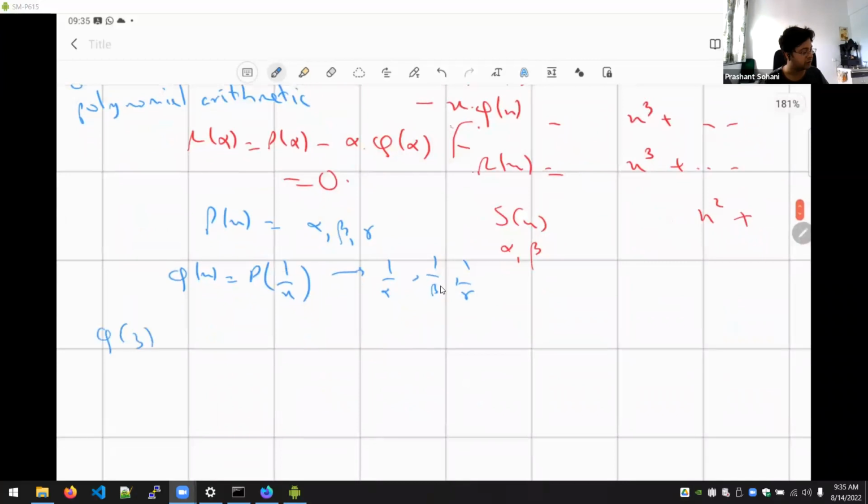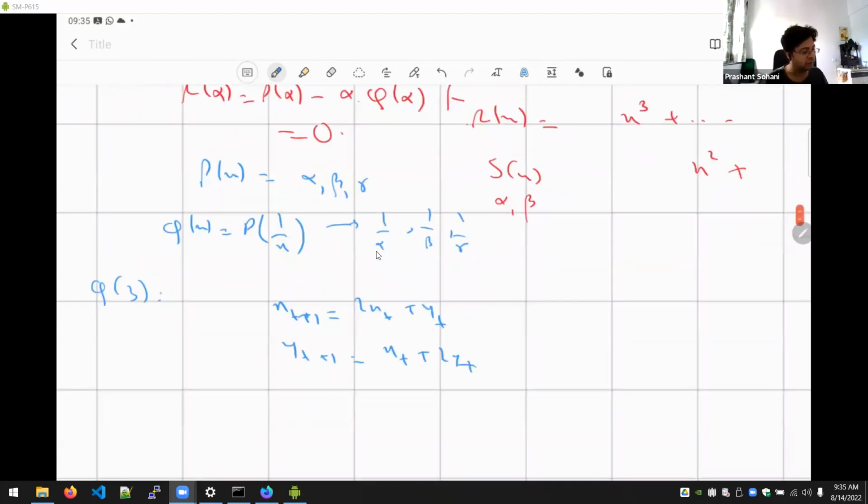Okay, question 3. I think only 1 or 2 students were able to solve this question. Maybe it was a bit harder in that way, but it is not that hard once you understand what's happening. So the equation given is x_{t+1} is equal to 2x_t plus y_t, and y_{t+1} is equal to x_t plus 2y_t. And we were asked about some GCD of x4 and y4. This was given, and what is the GCD of x0, y0? Like, what is the possible range of these values?